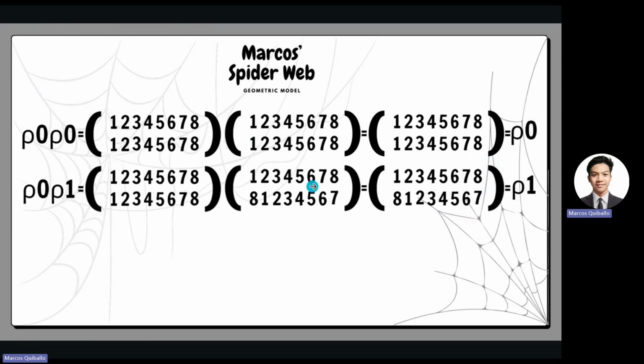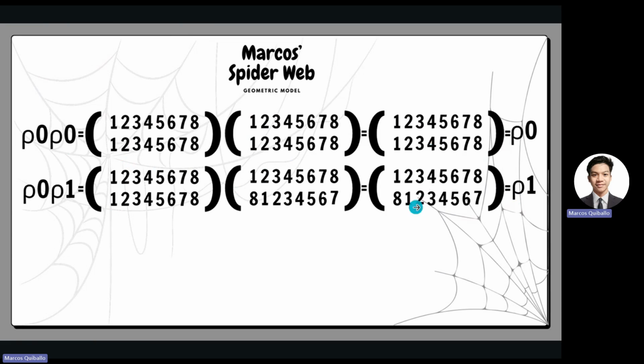So for another example, row 0 multiplied by row 1. And again, our step-by-step procedure here is 1 is mapped to 8, and we look 8 up in the left side mapping, which is 8 equal to 8. So 1 is equal to 8. So again, for our number 2, 2 is mapped to 1. And 1 here is mapped to 1. So 2 is mapped to 1.